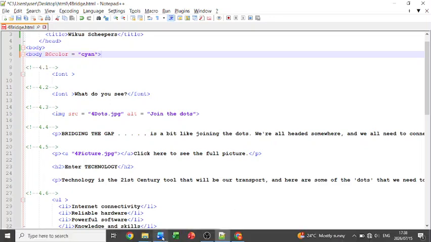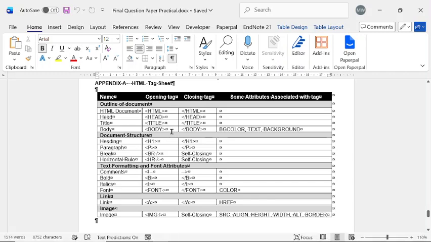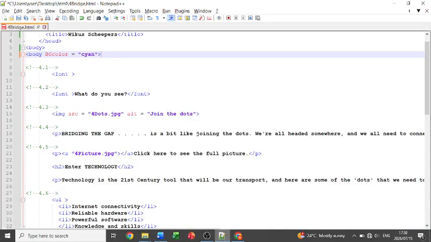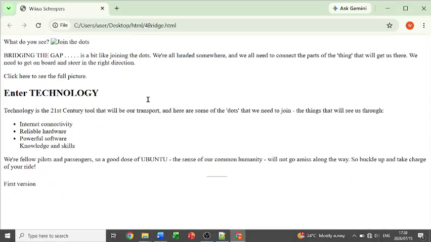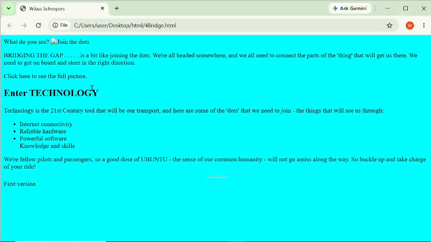Now, a key thing once again regarding this is since we are doing a color here, we don't necessarily need a closing tag because it's just going to affect the body area. So what will happen here is I'm going to save my document, going to the web page and reloading it. And now you can see my web page has a light blue background.